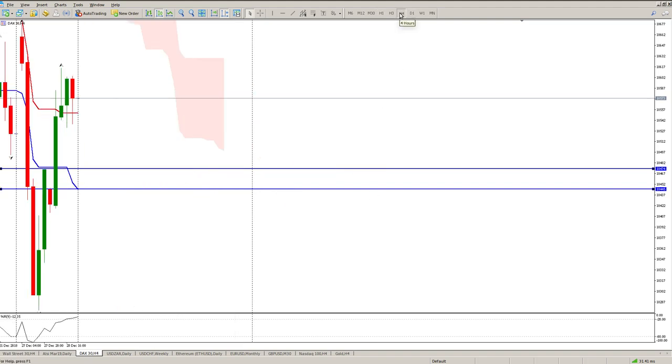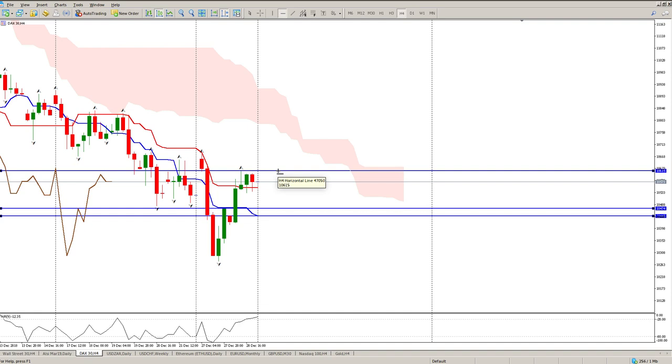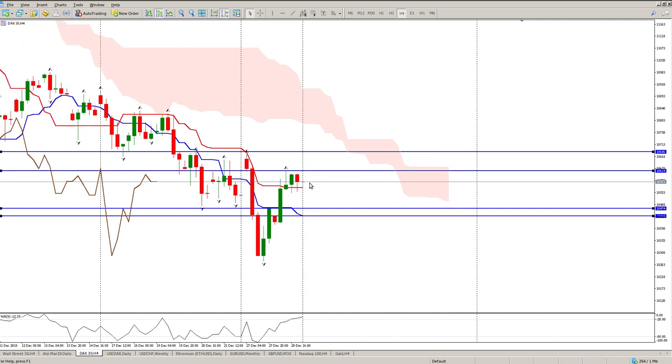If we look at the 4 hour, we are still very much bearish. So we haven't had a crossover. Look at the oscillator group to the upside. So, short is the right thing at the moment. At this stage, obviously I'd like to see us bounce off a cloud or something from an ichimoku perspective, but that doesn't necessarily have to happen. So, yeah, my bias is still to the short side.